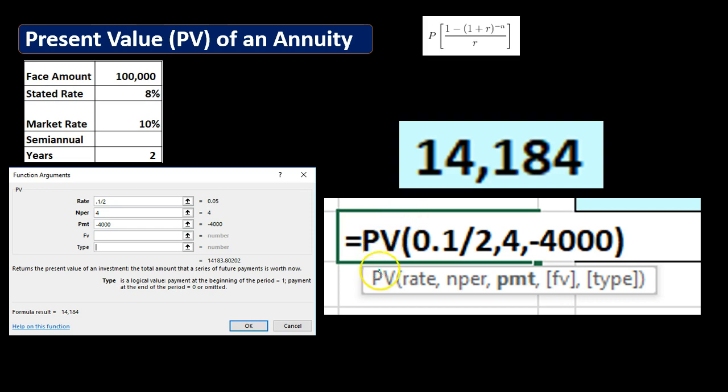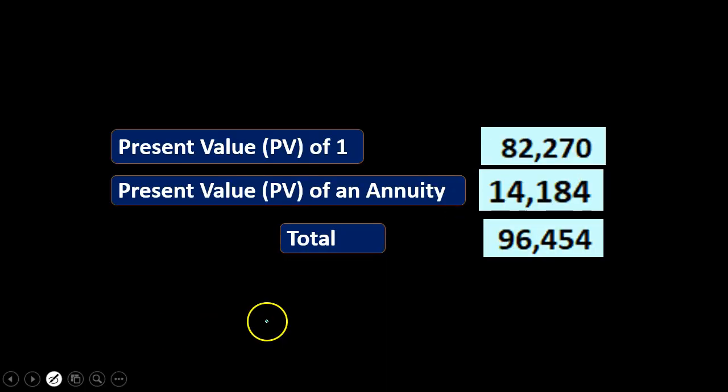If we see the formula in this format, we've got present value, times the rate, 0.1 divided by 2, and then the number of periods, 4, and then the payments we have this time, 4,000. We don't have any future value or any type, not needed, and that's what gives us our calculation. So if we add up our components, we've got the present value of the 100,000, 82,270, and the present value of the payments, 14,184,